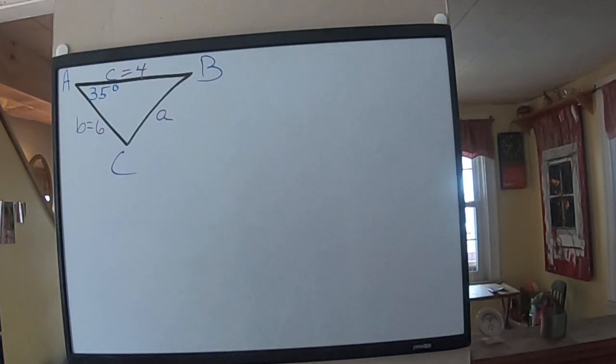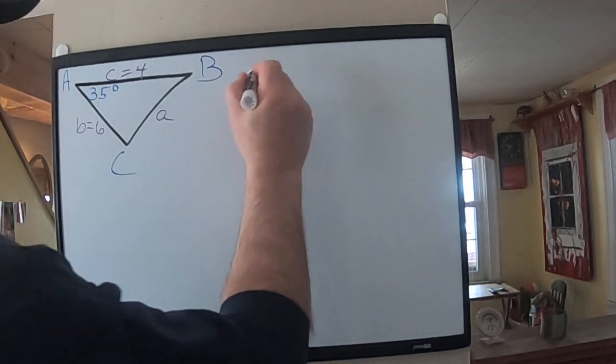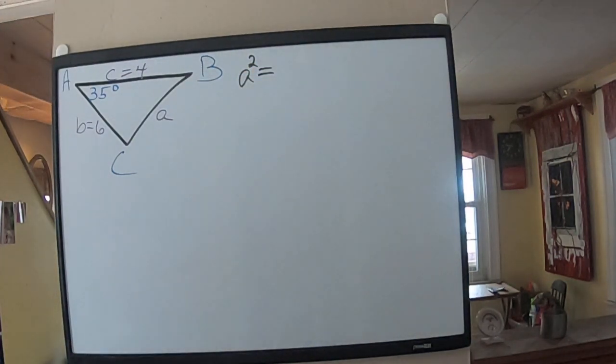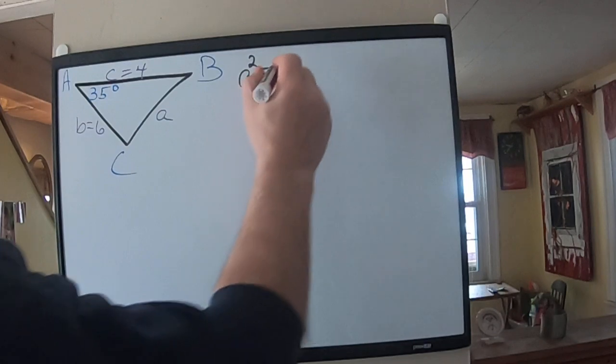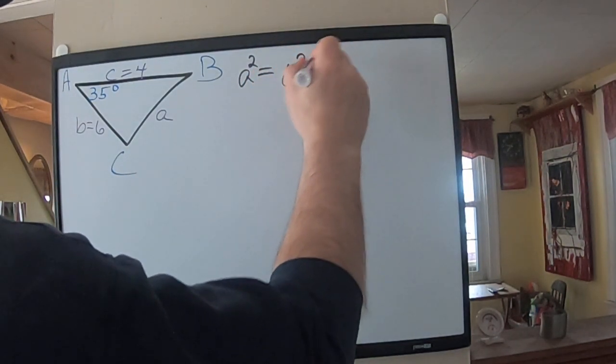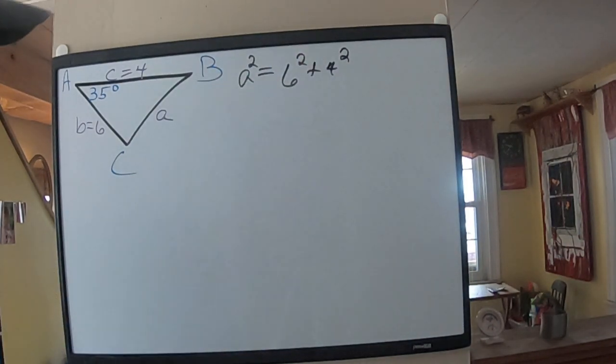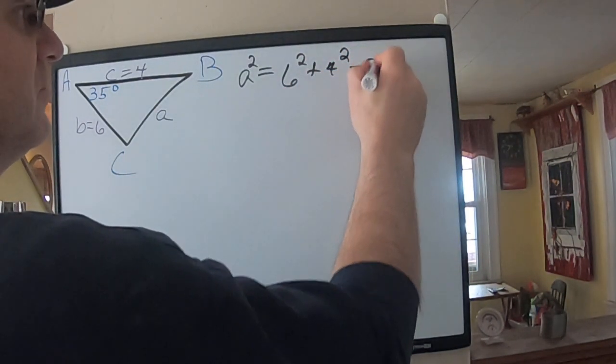So we're going to start with a, which is what we're trying to find. a squared equals, now it doesn't really matter which one comes first, but we'll continue to use the formula in the order it's listed. But I usually put the smaller number first, but we can use b. So 6 squared plus 4 squared, that's our b and our c, minus 2, now